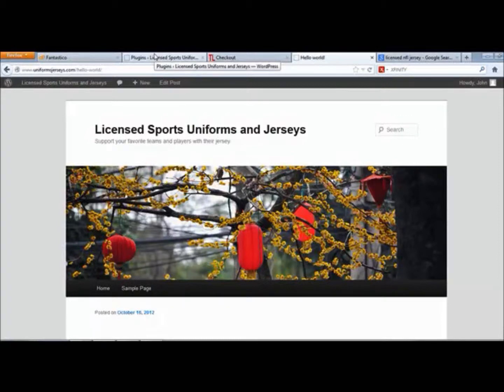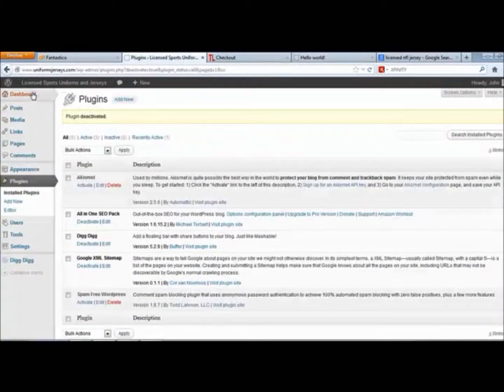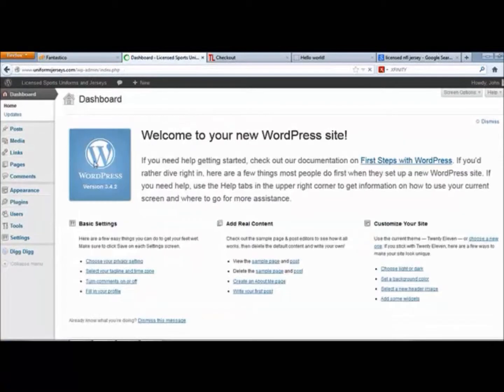Now in this part of getting our first website up with WordPress, we're going to stick with the themes that they provide. So what you want to do inside here is go to your dashboard section, and we're going to go to appearance on the left hand side. I typically like to go back to the dashboard just because it's easy to manage, and you know where everything is. We're going to go to appearance here,